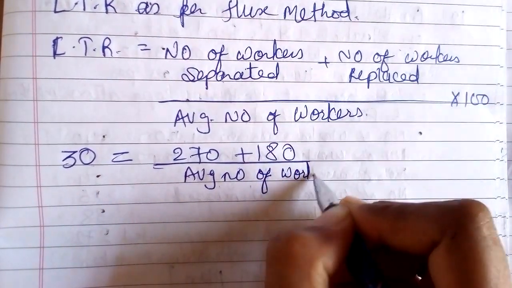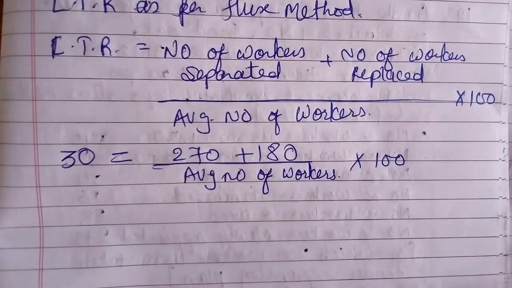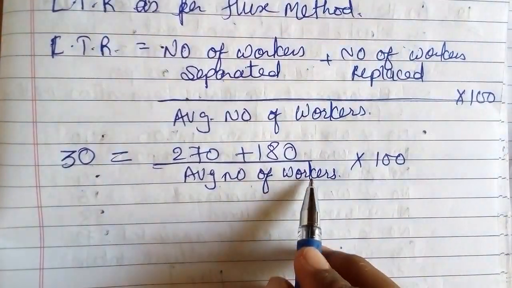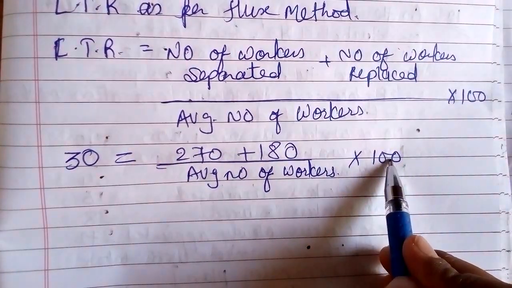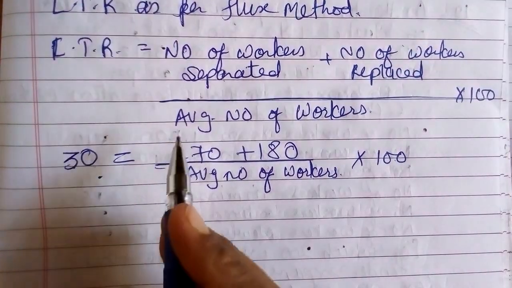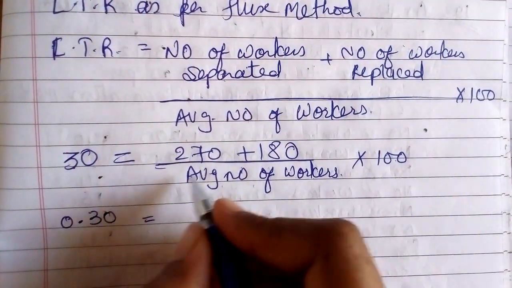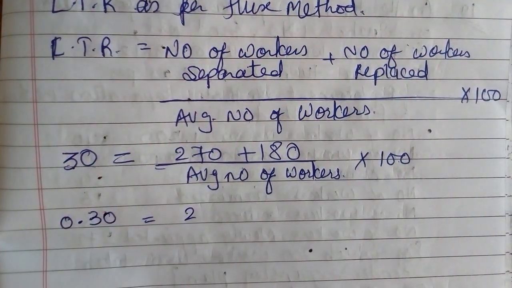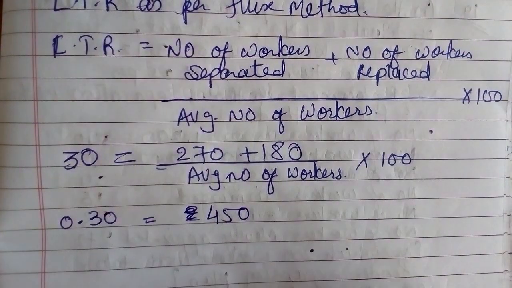We cannot find out average number of workers because we don't have the number of workers at the end of the year or at the end of the month, right? So average number of workers we need to write as it is. Now this 100 will go in division, alright? So this will become 0.30. 270 plus 180. So there will be 450 workers in total